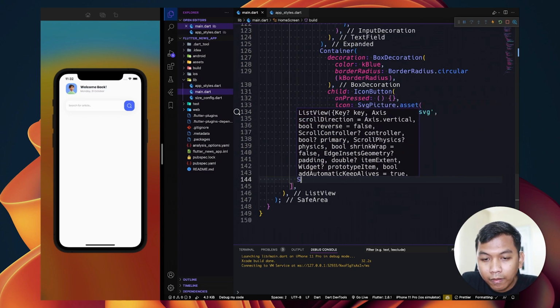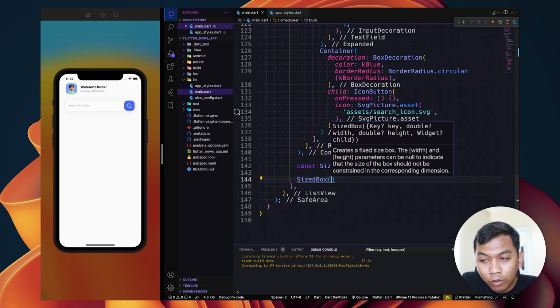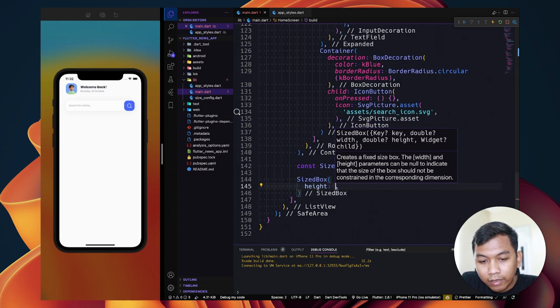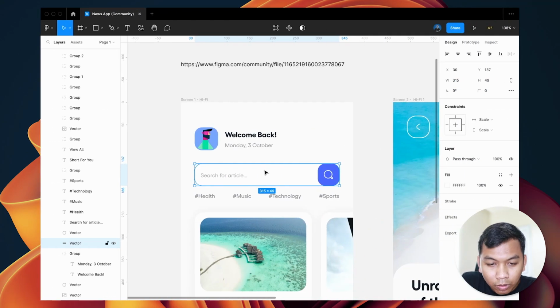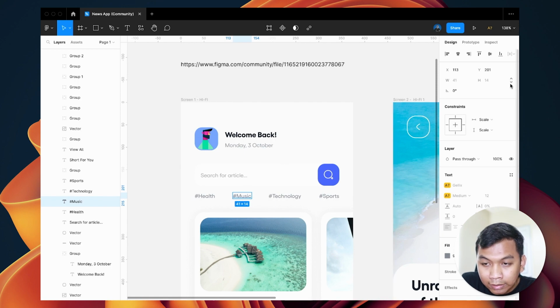And we need to say size box again for the height. So just press this and we can see the height is 14.